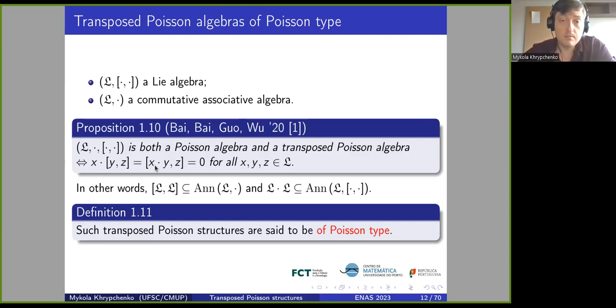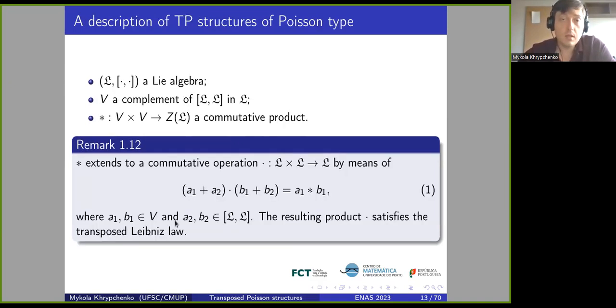Such transposed Poisson structures will be called TP structures of Poisson type. So they are at the same time usual Poisson structures. And I would like to give some constructive way to define these structures, and in practice, in some cases that appear in practice. For example, if you have a Lie algebra,